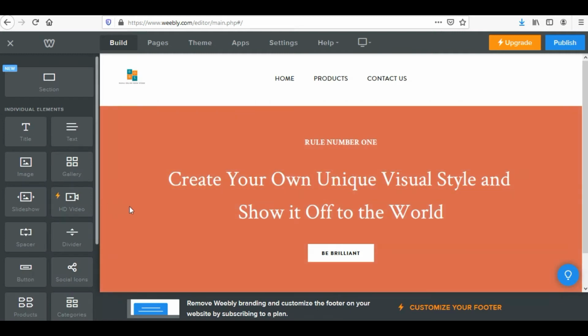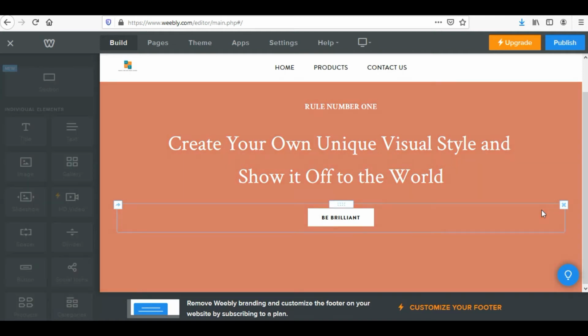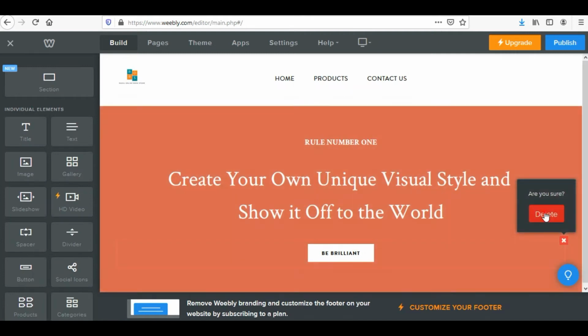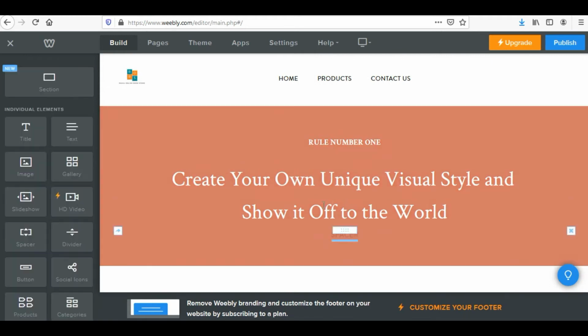And I want to add a new section. Okay, at the bottom also I don't need this space, so let me get rid of it. This button is also not required, deleting that button, because I've not thought of my website with these kind of buttons on the home page. Now I would be adding a section, so I'm just bringing the section from the left side and just dropping it below this layout.